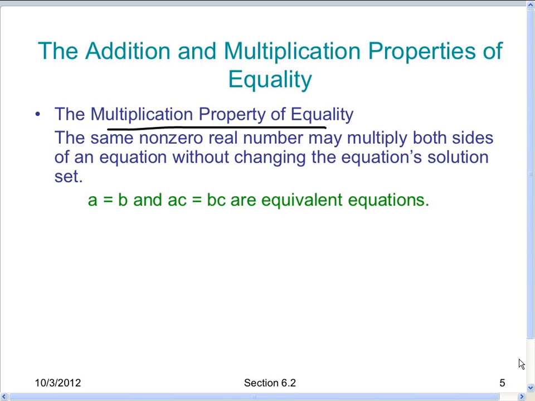Multiplication property of equality, same idea, only this time you're multiplying or dividing. So if I have 2 times x equals 6,